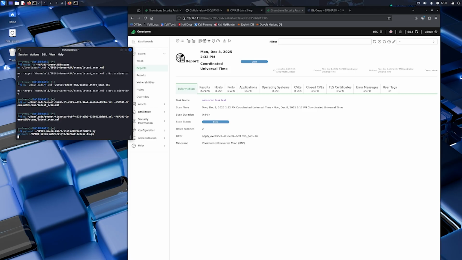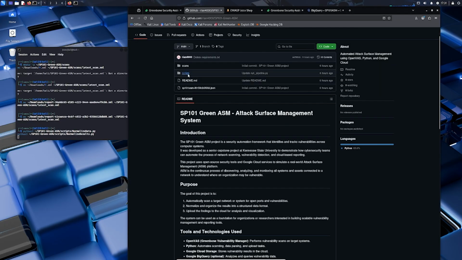And what this code is going to be doing is it will parse through the XML and convert everything into a CSV. So now that we have our XML file uploaded into our project directory,